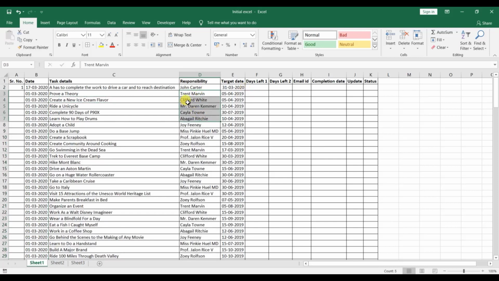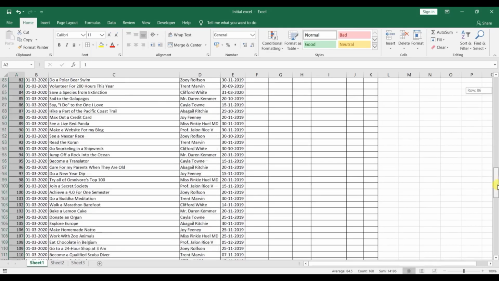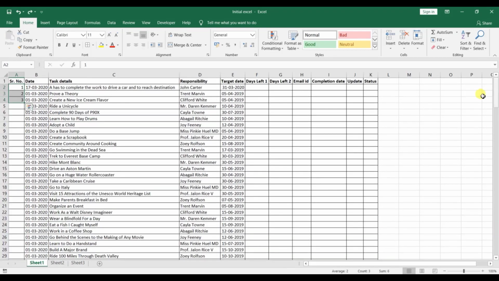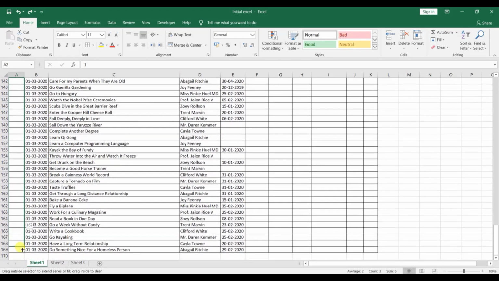Let me do Control S for saving the Excel. Now over here you can see this serial number is 1. We can do 2 things: 1, 2, 3. Likewise we can type, but after typing some data we can double click from left. You can see here one small plus sign is appearing at the end of this selected cell. Just double press this, it will automatically give the numbers till the end, right? There is another way. You can drag this thing to give the numbers. It will again do the same thing, right?